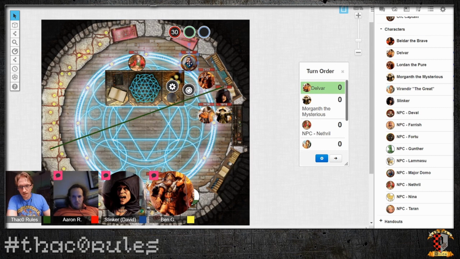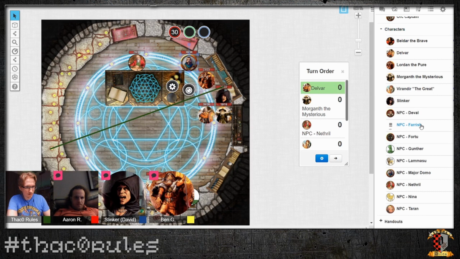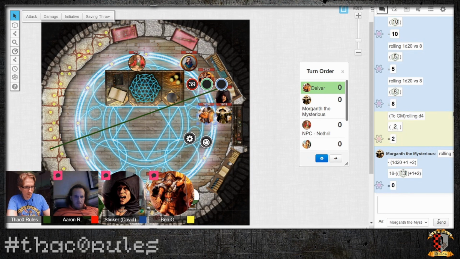So he now has a fighter right here to fight by his side. Who does Major Domo not have? I didn't give him any. That's weird. I'll just use Delvars. Okay. And I used Morgan's name. Oops, that's my bad. Anyway,